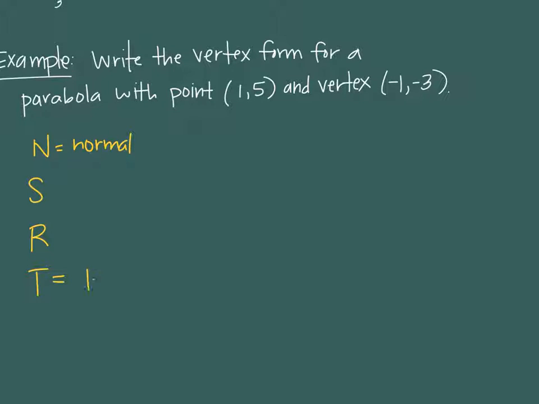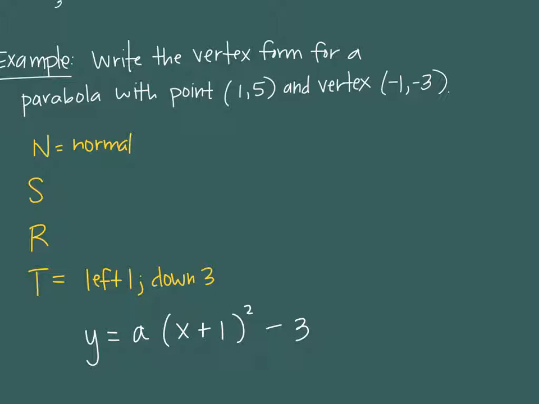My vertex is left 1, down 3. I got that from the vertex. So I can start my equation knowing that much. Y equals A, which I don't know yet. Left 1 will be x plus 1 squared down 3. So normal parabola,